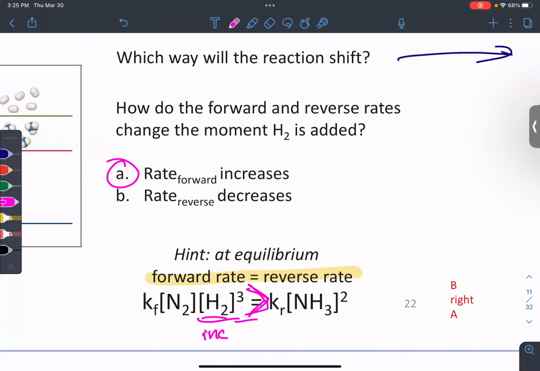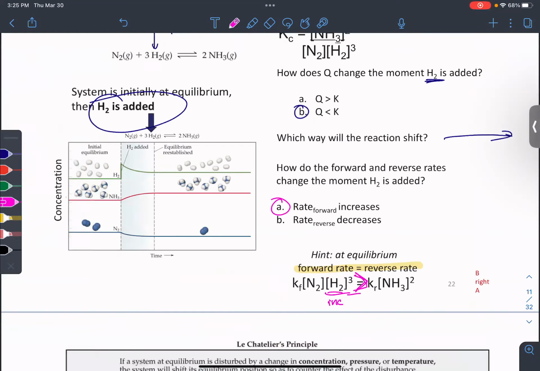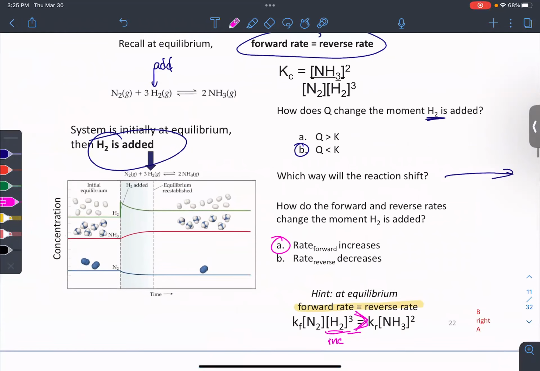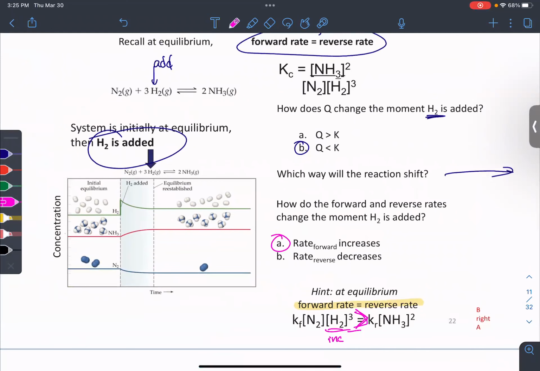So that's kind of like a behind the scenes thing, all right? Small detail of we've disrupted the equilibrium, we've disrupted the rate laws, all right? But you don't actually need to know that for just applying Le Chatelier's. You can just be like, oh, add reactant, push to products, and it's fine and dandy.